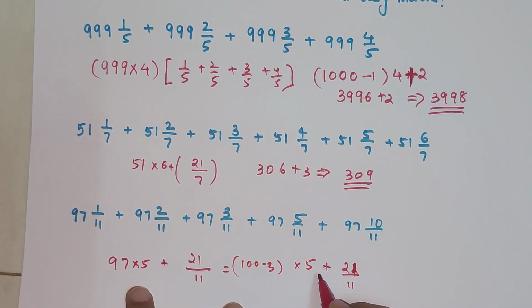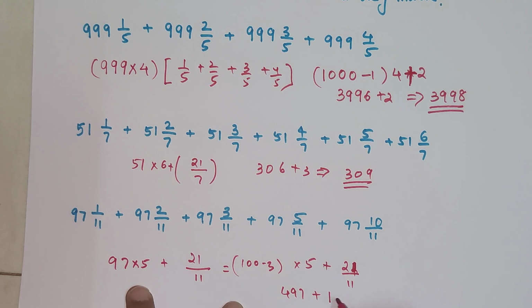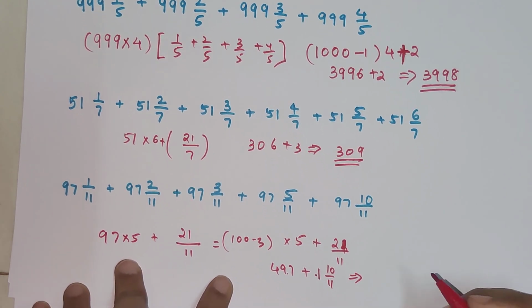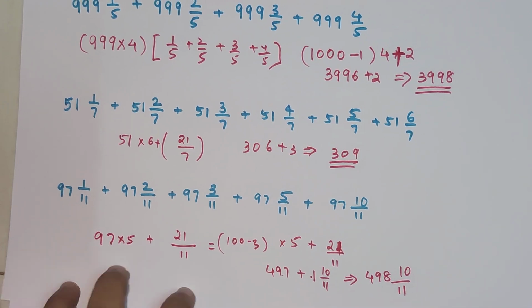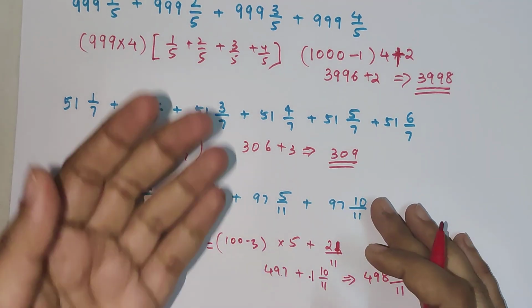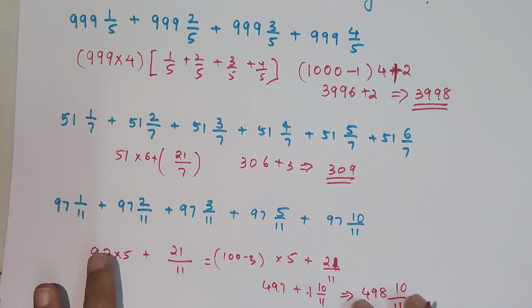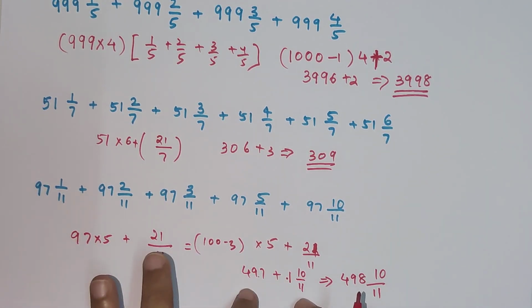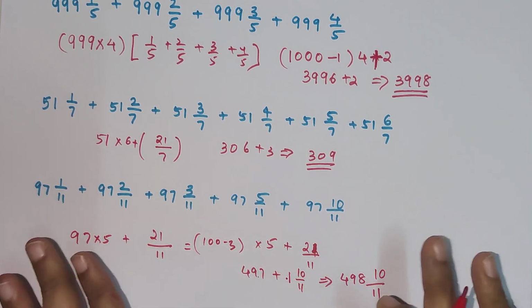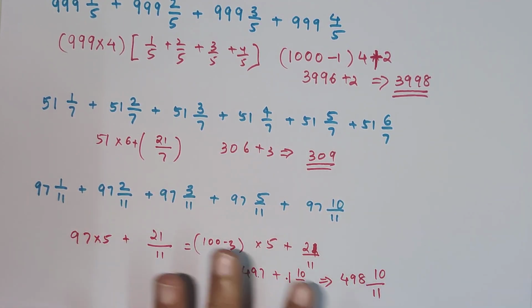So your answer is 500 minus 3, which is going to be 497 plus, since this is an improper fraction, this is 1 and this will be 10 upon 11. So your final answer, now this you can directly add the integer part. So your answer is 498 10/11. Okay. So in case it is not getting completely cancelled like it was getting cancelled in the previous two examples, you are going to use the normal method of addition. Do not panic when you have something like this. You would want to take an LCM and all that. Don't do that. You just add the integer part and you are sorted.